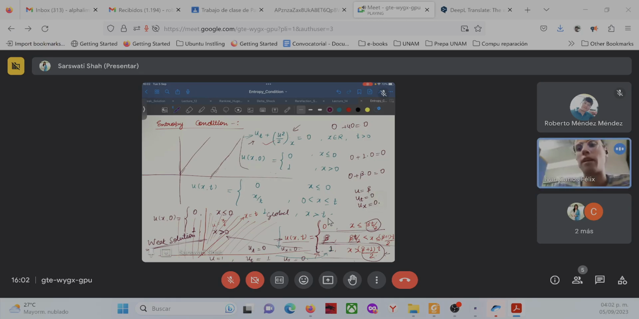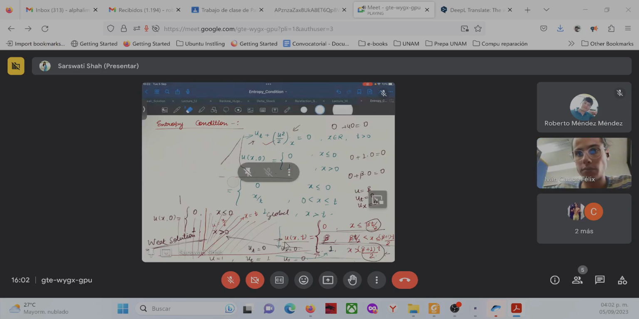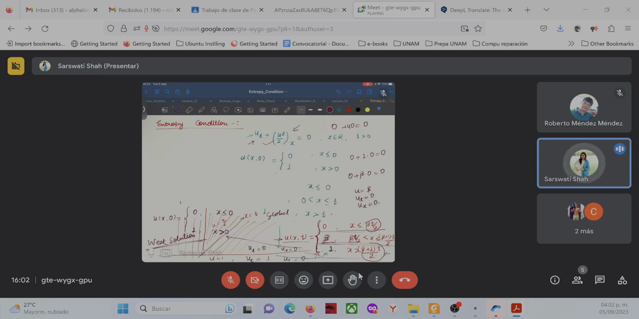Yeah, it's a solution and it's piecewise continuous. Yeah, so that is the definition of the weak solution. So that's why can we say that this is a weak solution of the given PDE? Yes. Next,